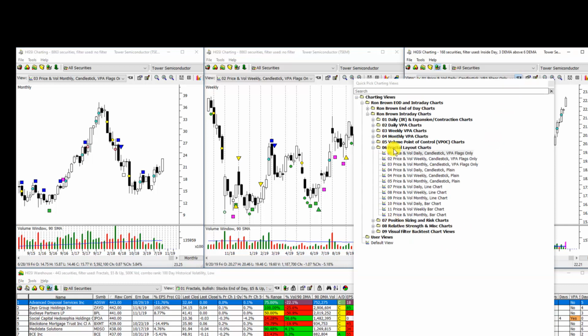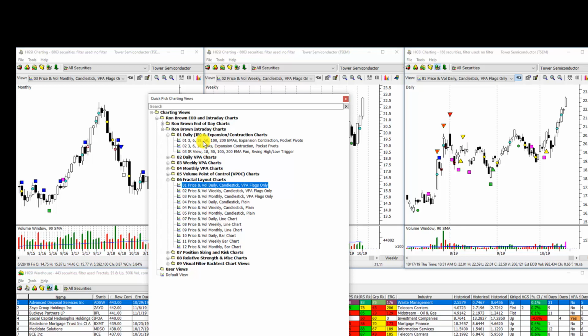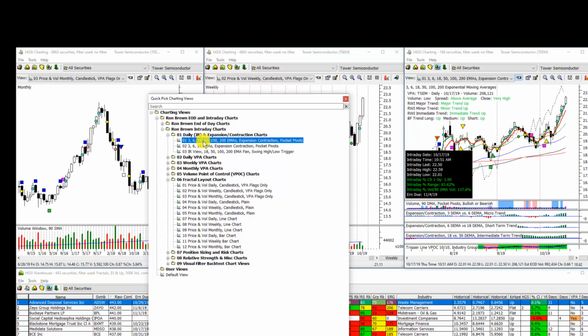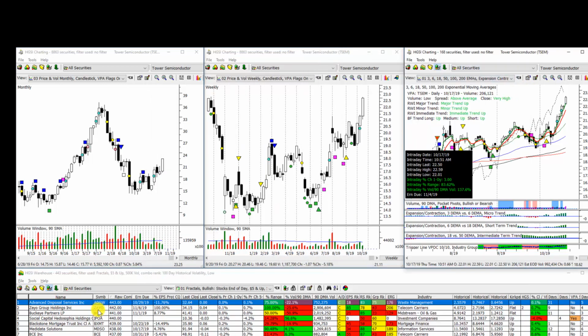and if I want to see what the relationship is to the moving averages and so on, I'll go up and use chart number 1 up here under my IR and expansion contraction charts. And you can see here in this tower that the fan is in place and the stock is moving up. But let's just move over here to my warehouse view, and I am sorted on raw combo,